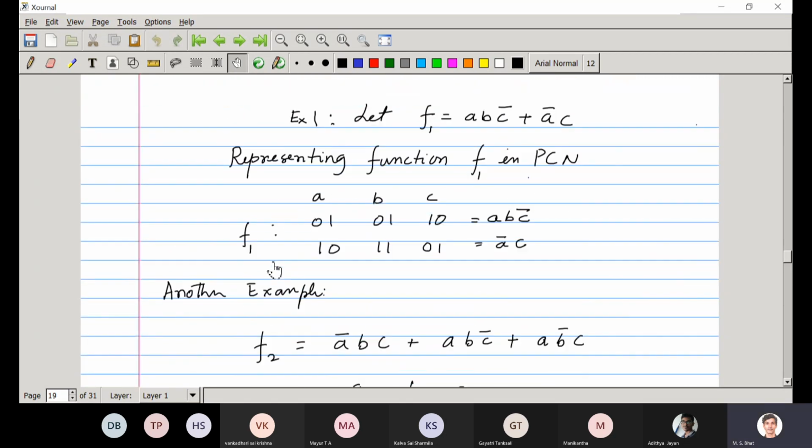Now here is an example. Let F1 be ABC bar plus A bar C. How do we represent this in positional cube notation? ABC bar is A, B, C bar: 0 1, 0 1, 1 0. And A bar C is 1 0, 1 1, 0 1.